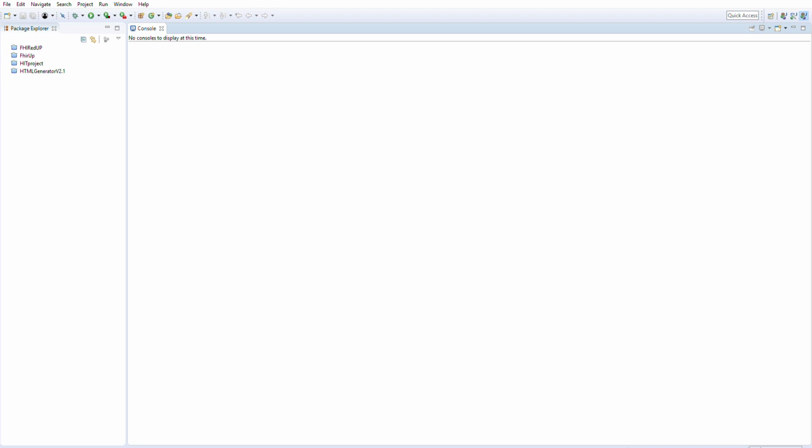Alright, we're looking here at Eclipse, and today we're going to go over a few basics of Eclipse. Once you've started up the program, and sometimes it does take a little while to load, the first thing you want to make sure is that it is in Java mode. Alright, so up here in the right corner,